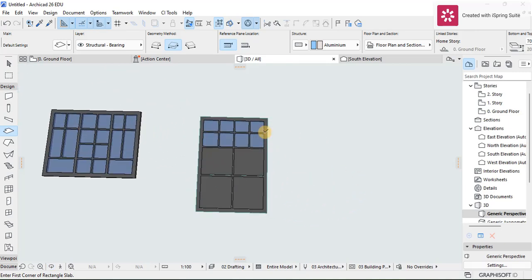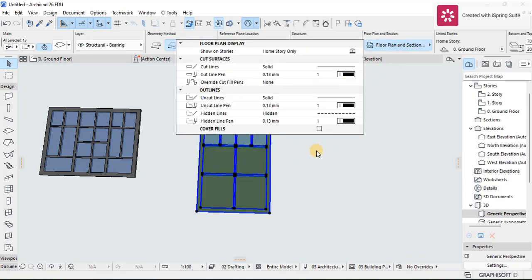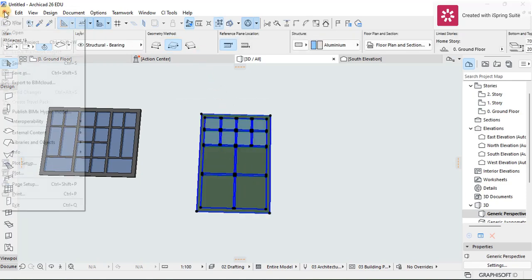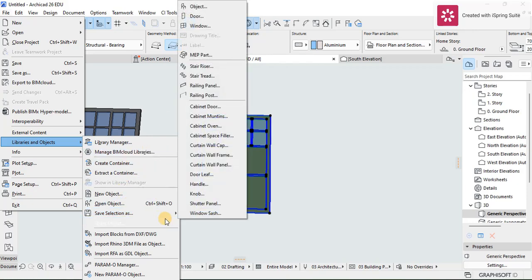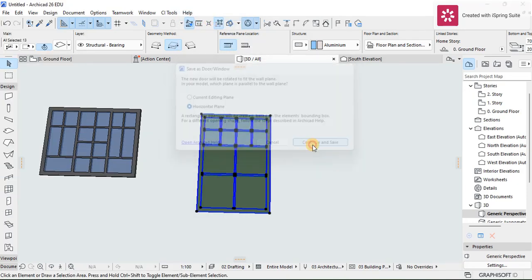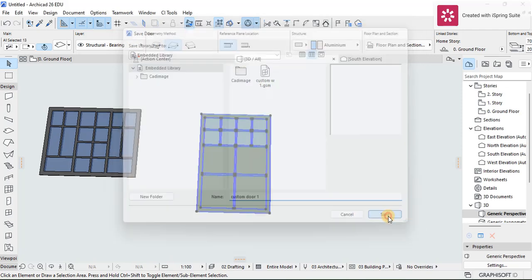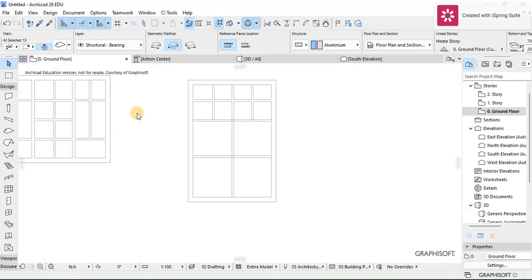and the only section that is going to be remaining is when you're making your door schedule. Maybe you tell using lines where your hinges are going to be. So I'm just going to select the whole door and make the pens to be black. Here they're already black. Okay, so I'm just going to save this slab as a door. I'm going to the libraries and objects, save and selections, and then save selection as a door. So I'm going to continue on save and write my custom door, custom door one. So I'm going to save it, and then I'm going to press OK,